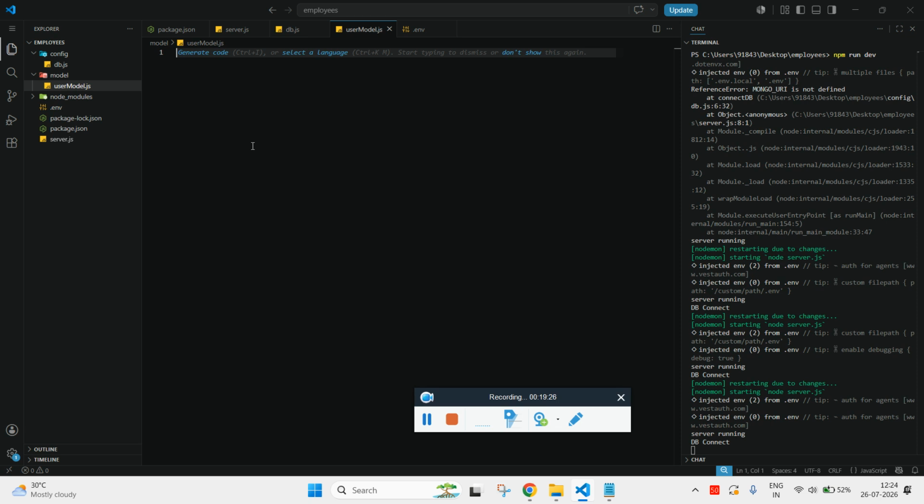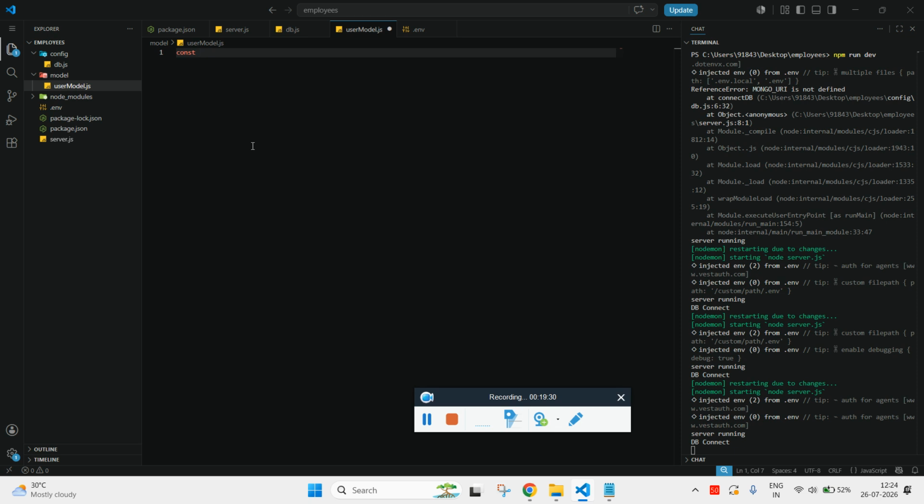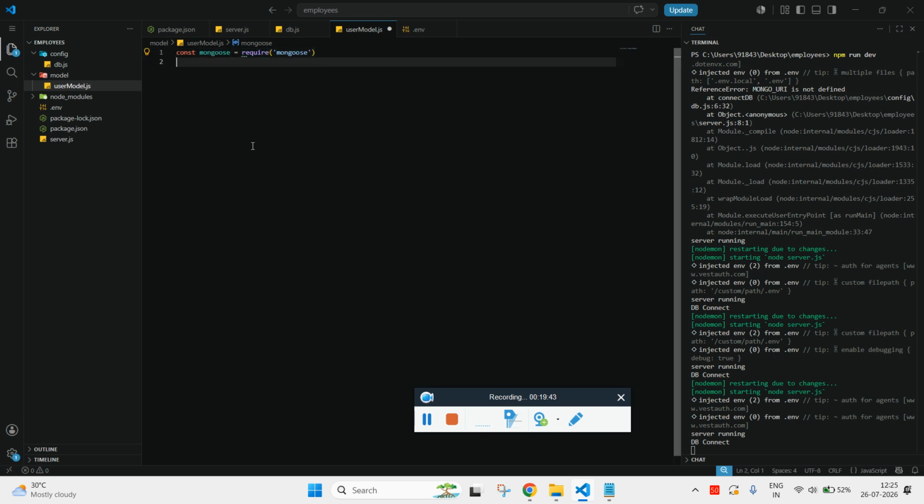To create a schema, again it's related to MongoDB, so we need Mongoose. It's an instance, so require the package Mongoose. Now what we need to do is create a schema. So we can call it employeeSchema. It's a variable. Actually we need to pass an object,